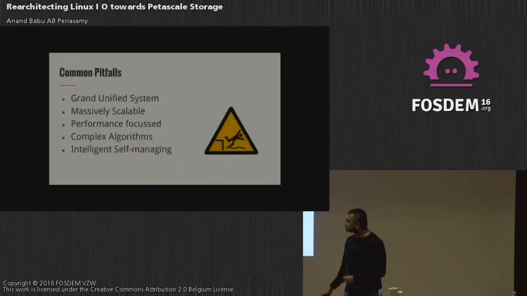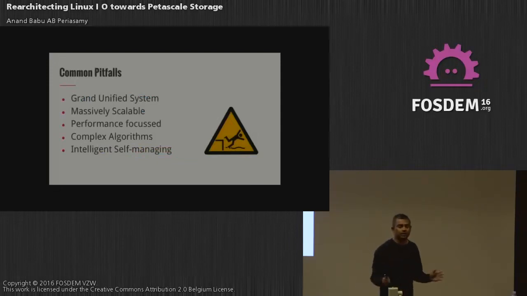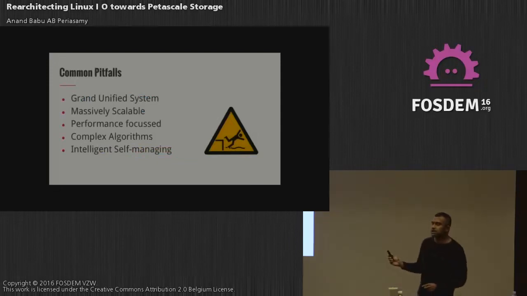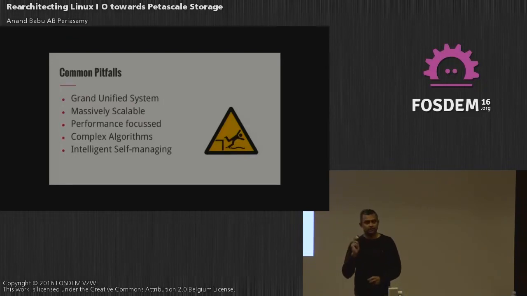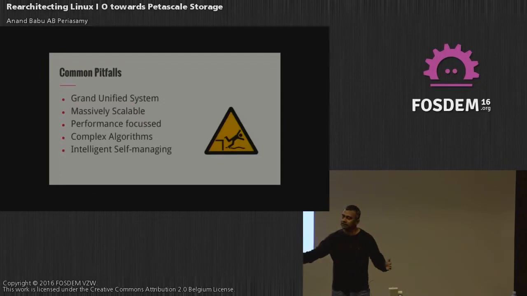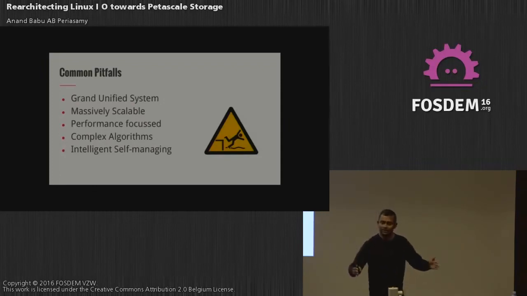So, the common pitfalls: don't build very large systems. That's one lesson I learned building large systems, be it a supercomputer or super storage. This also means don't build a very large namespace. Say, I want a bucket that can store 1 trillion files, or a namespace that can store a billion files and scale across 1,000 nodes. It actually becomes very unreliable. It's like putting all the eggs in one basket.